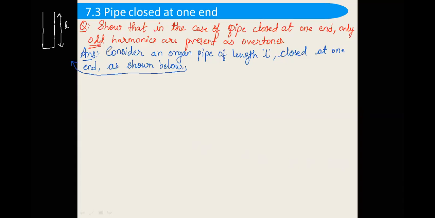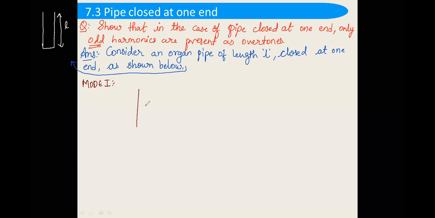Both ends, okay? So you have to write at the closed end and at the open end. What will be formed at the closed end? What will be formed at the open end? Okay, like this you have to write. So we will be writing mode 1. Mode 1 means this will be the lowest possibility. So Danshu is writing at the closed end, we are going to get a node, and at the open end, we will be getting an antinode. Very good, Danshu. You are correct.